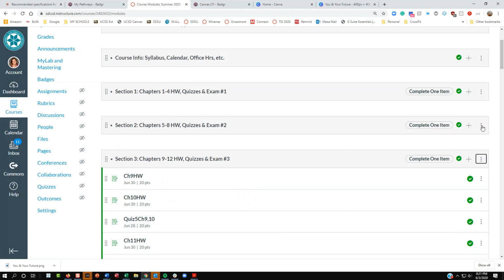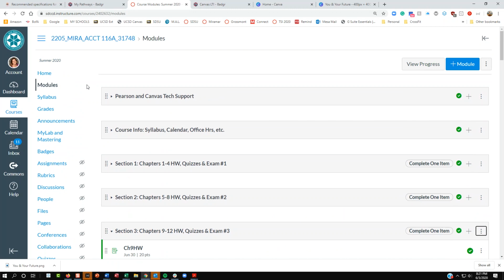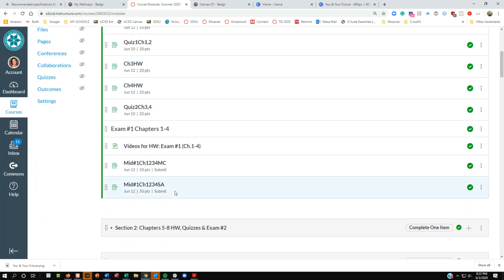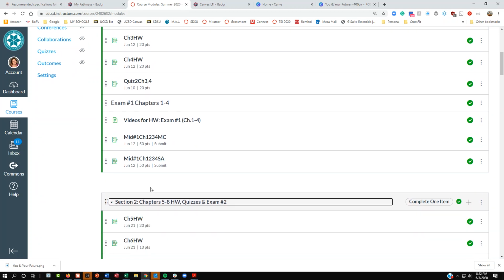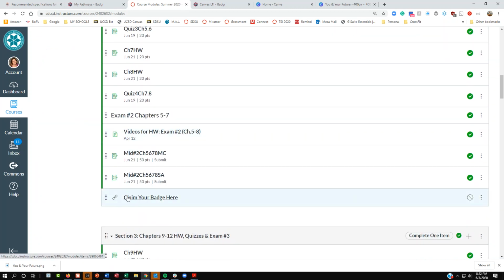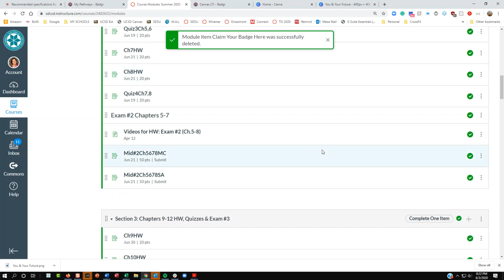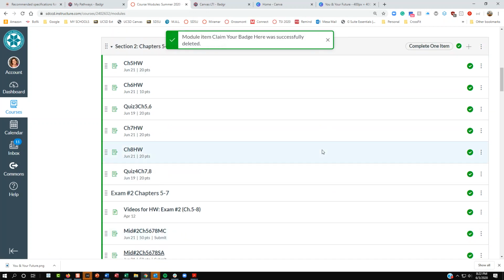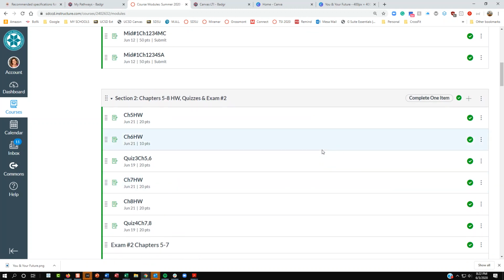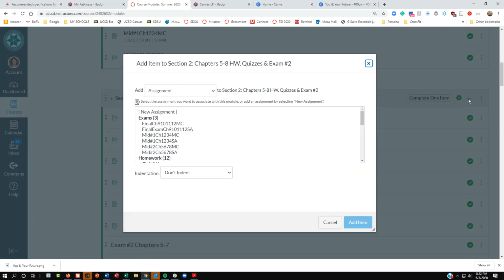So you can have many different kinds of combinations of requirements to do that. And then, so now you're basically done. That is an automatic award of a badge based on some criteria that you've set up in a section. And I added one more thing in one of these sections, which is kind of a TBD, but I think that if I put this right here, so how did I get this? So I'm going to delete this so that you can see how I added it, because since they're automatically getting a badge just for doing this, the requirement that I have set out, if I click here and I go